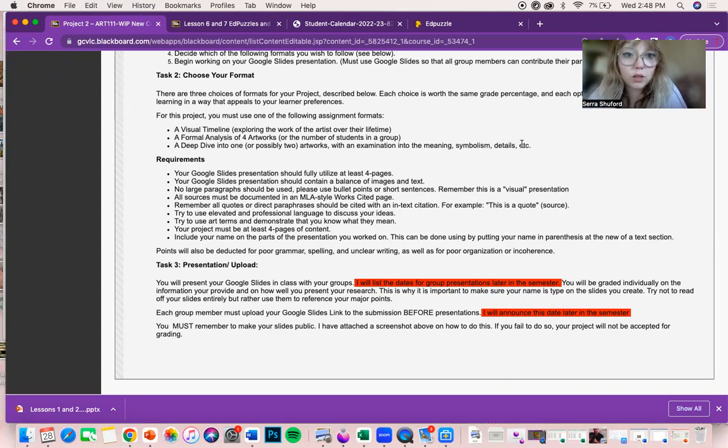So a formal analysis of 4 artworks, and then lastly, a deep dive into 1 or possibly 2 artworks with an examination into the meaning, symbolism, details, etc. So the deep dive, this might be a good one for an artwork like the Sistine Chapel, if you have Michelangelo, or if you have Leonardo da Vinci, maybe like the Last Supper, or the Mona Lisa, but one that there's been a lot of research on, a lot of information on, that you can do a lot of work